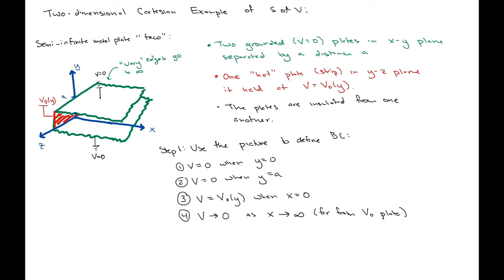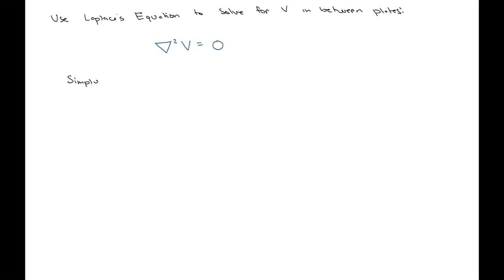Okay, so in between the plates, there is no charge, so our rho is going to be 0. So we can use Laplace's equation to solve this particular problem, and we're going to use Laplace's equation to solve for the potential in between the plates. So just in between the plates, Laplace's equation looks like this. I want to simplify it a little bit, and it's always good to simplify right in the beginning. And in particular, I want to note